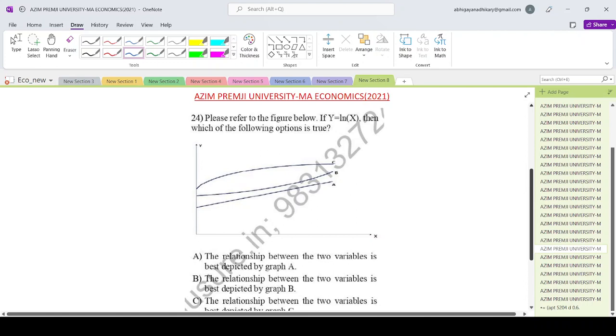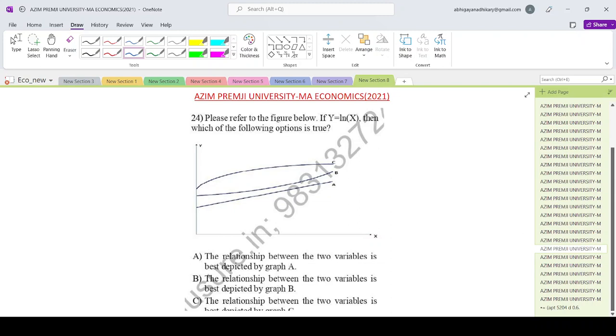And today we are looking at the Azim Premji University M Economics 2021 entrance paper. Referring to the figure below, if y equals log of x, then which of the following is true? So we have a graph that is given over here, and if we look at the options, option A says